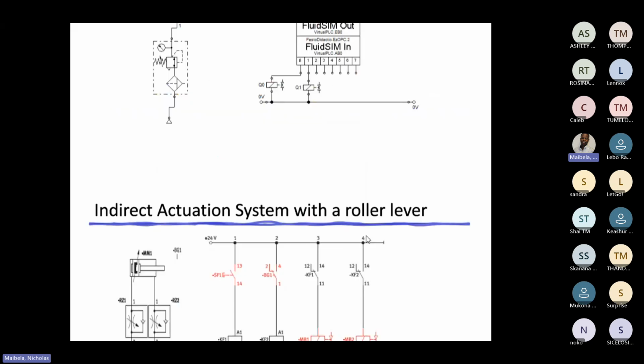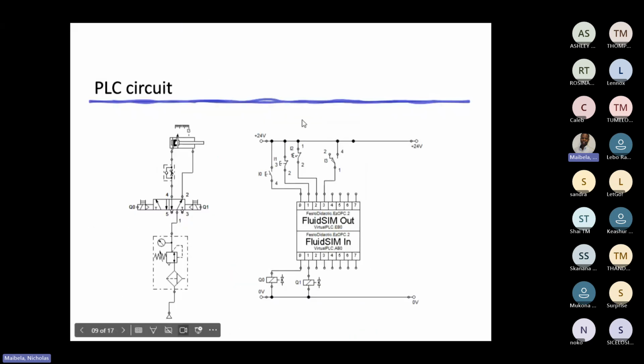Then on the PLC side, this is what you have. On the PLC side, you have something similar, but obviously here we're not using relays. We're just using these two modules, Fluid sim in and fluid sim out. So we're just now gonna build this circuit, and then we're gonna build the ladder logic diagram that